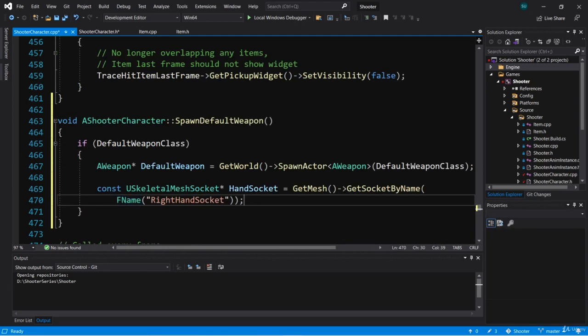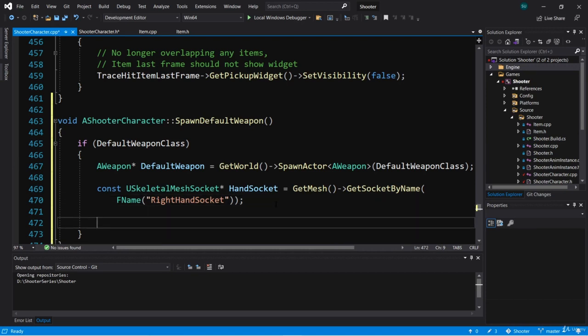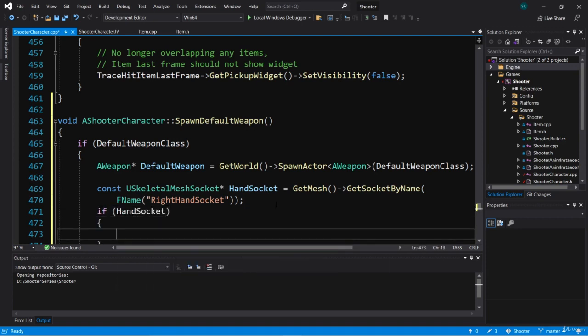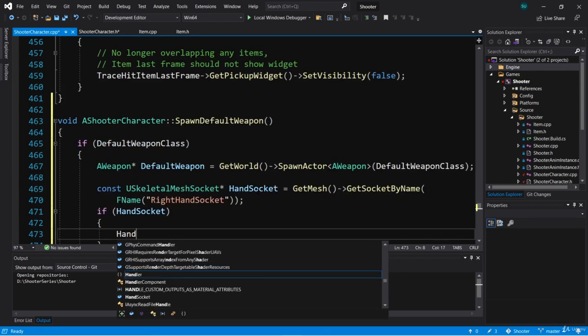So now we have a variable called handSocket, and that's of type USkeletalMeshSocket. So now all we need to do is check to make sure that that handSocket is valid. And if so, we can attach our weapon to it. So we're going to say handSocket